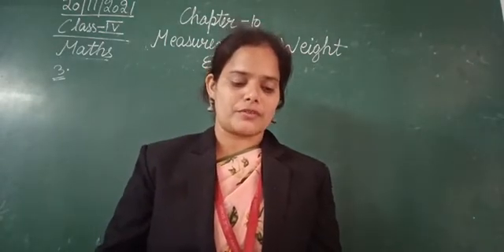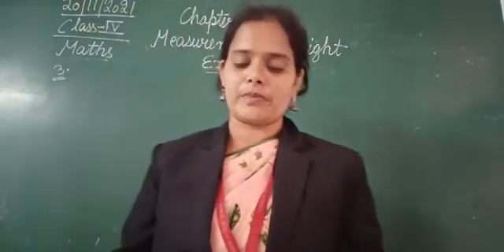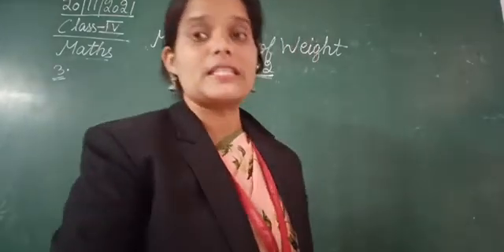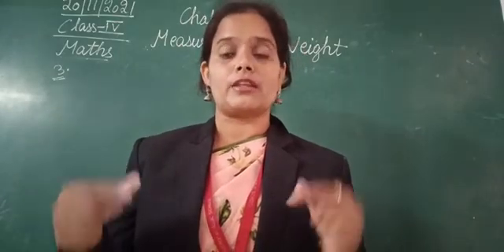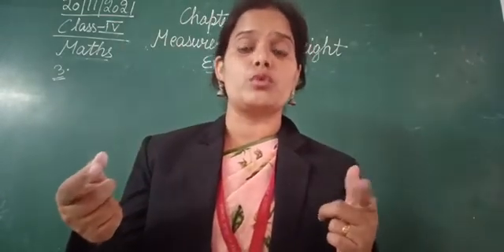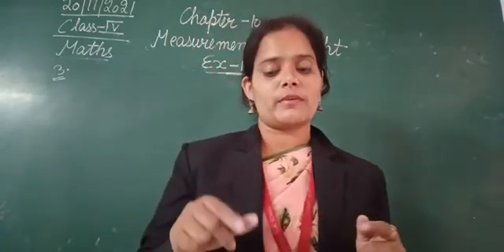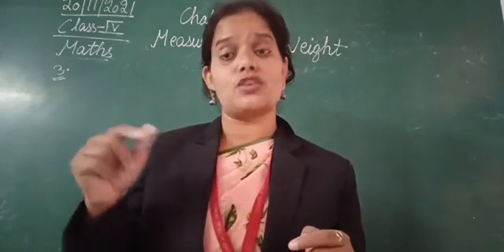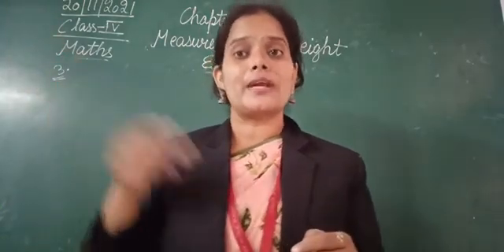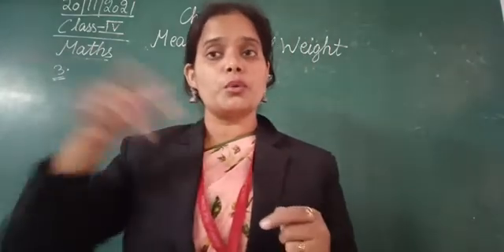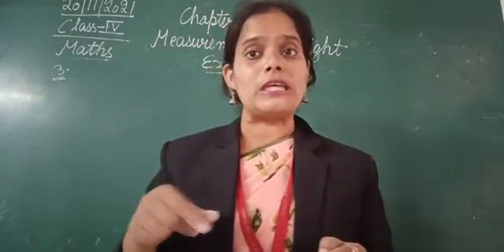Find the weight of 3 bags of rice. So they have given the weight of one bag of rice, that is 28 kg 500 gram, and we need to find the weight of 3 bags. So obviously the weight of 3 bags of rice will be more than the weight of one bag. So the weight of one is given and we need to find the weight of more. So we will do the multiplication. But as you can see in the question, kg and gram is given. So for doing the multiplication, first of all we need to do the conversion.